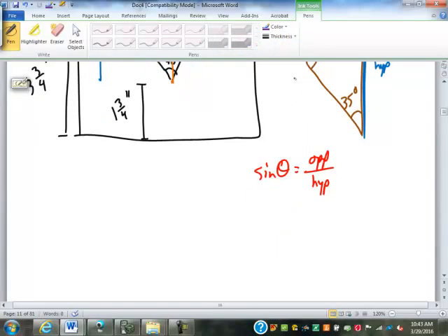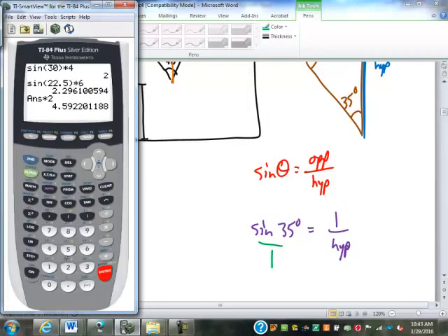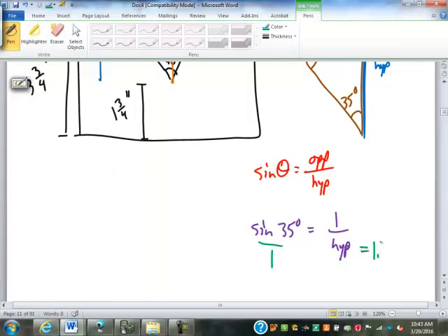So I put in my angle. Sine of 35 degrees equals 1 over the hypotenuse. So to find the hypotenuse, I put this over 1. 1 times 1 is 1 divided by the sine of 35 degrees gives me